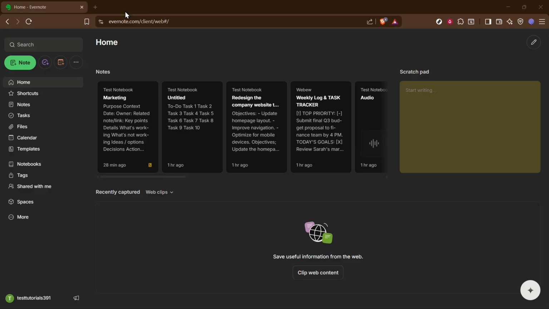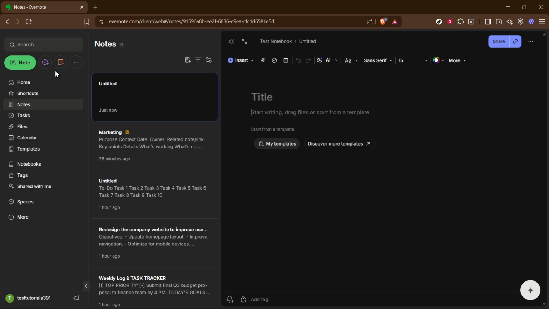To get started, head over to the Evernote homepage. From there, you can choose to sign up if you're creating a new account or log in if you already have one. Once you're in, you'll be taken to your dashboard, which is the main workspace where you can view